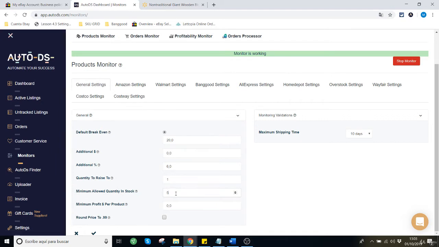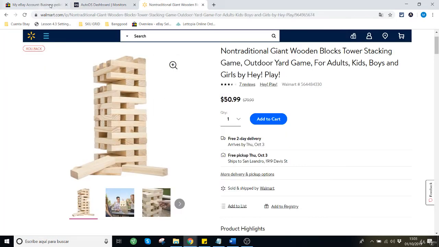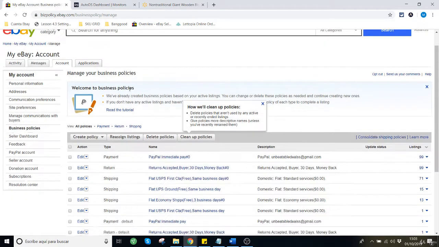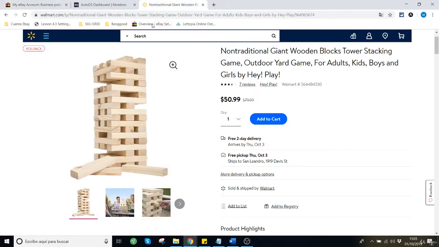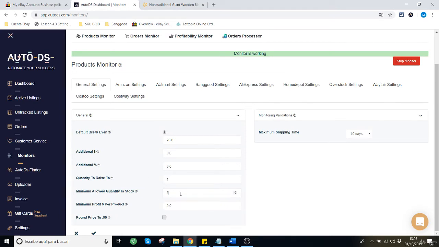And why do we do that? Because sometimes when we sell an item on our eBay shop, it may have been the last one. We go to the supplier and it says, oops, it's out of stock, because the last one was already sold. So we can have a problem if we come to the supplier and the item is out of stock. To avoid these kinds of situations, we can just set a higher number here.